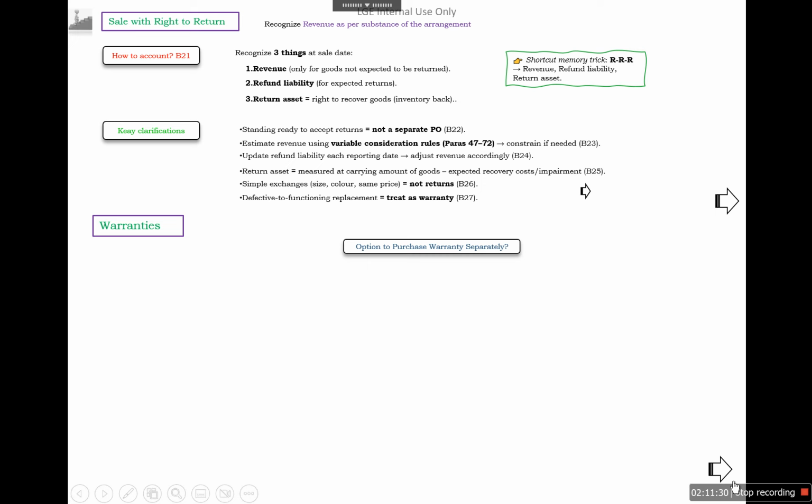Next is warranty. Whenever anyone is selling a product in the market, there is normally a legal liability to provide the warranty. So we need to check whether there is an option to purchase the warranty separately. If there is an option to purchase the warranty separately, the seller needs to recognize it as a performance obligation. If the warranty is not available to purchase separately, then we need to check whether there is